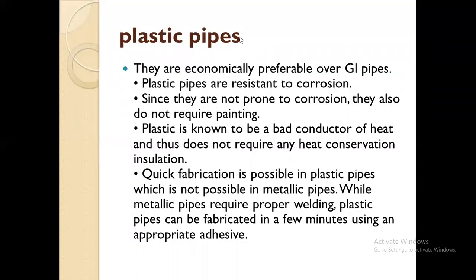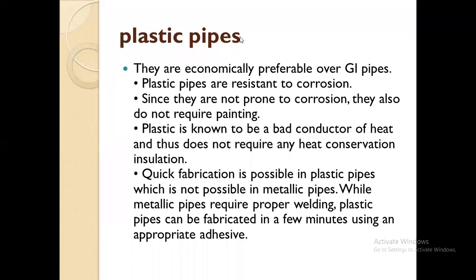For the plumbing system in a building, we use different kinds of material. As per the requirement we have to select it. In that, plastic material is there, PVC, CPVC, PE, that is HDPE, and then stonewares are there. We are going to discuss the types of material used for manufacturing, and their characteristics and significance.